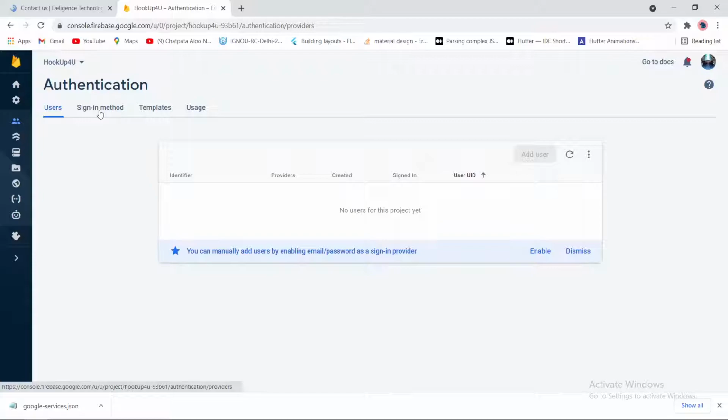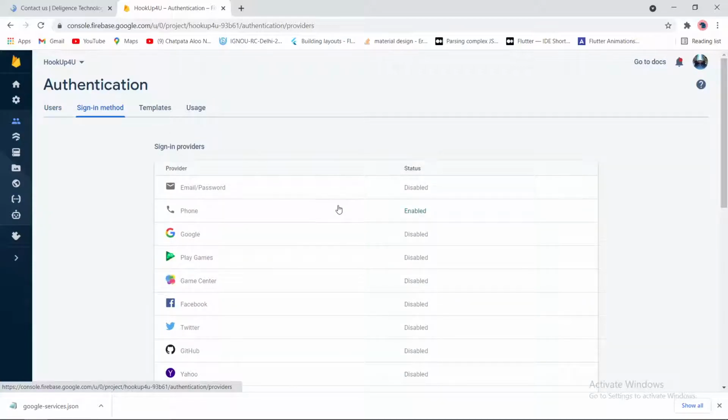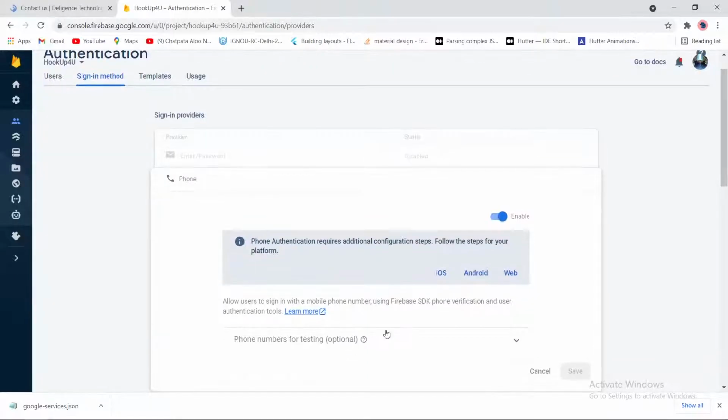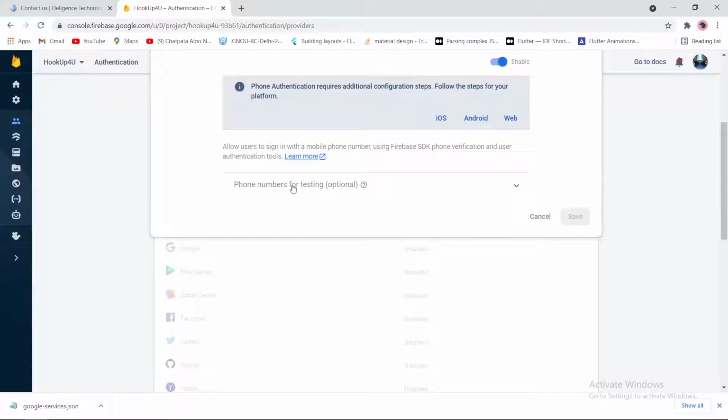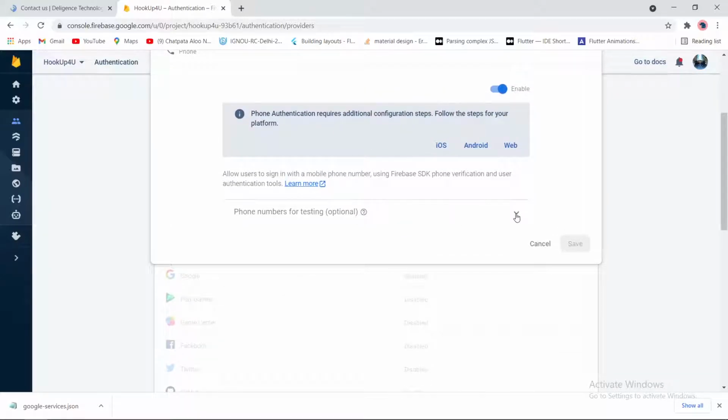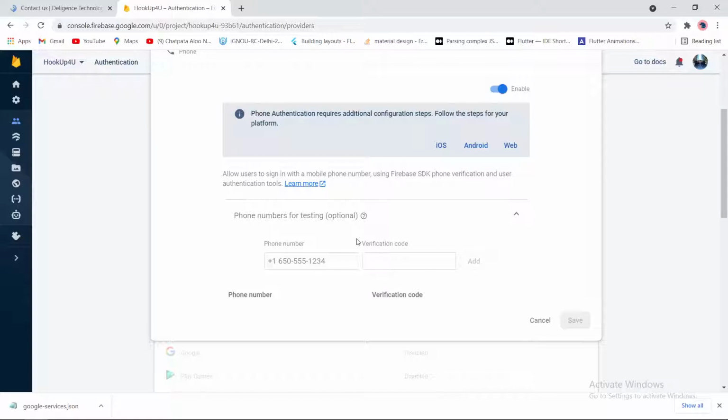Go to sign in method. Here you can see phone numbers for testing, optional. Just tap on this drop down arrow and we will provide a dummy number.